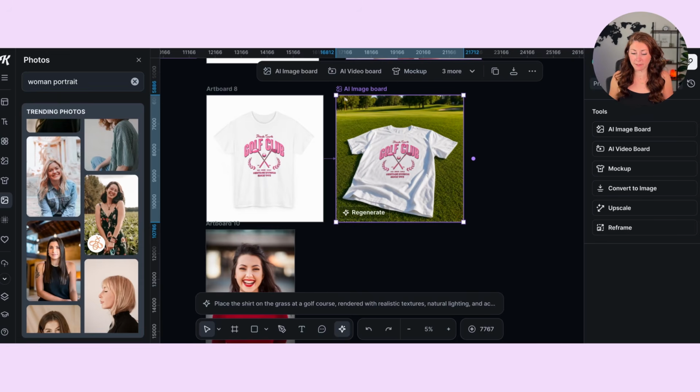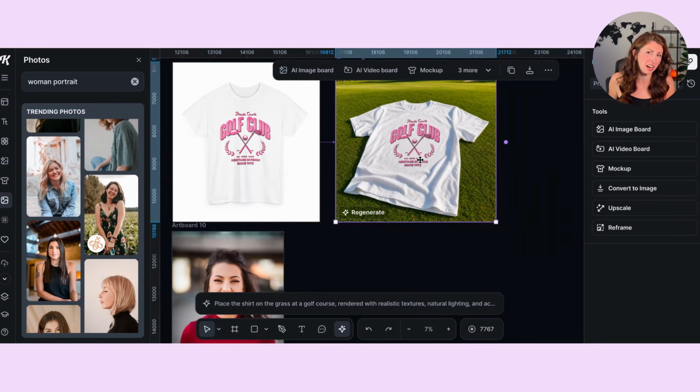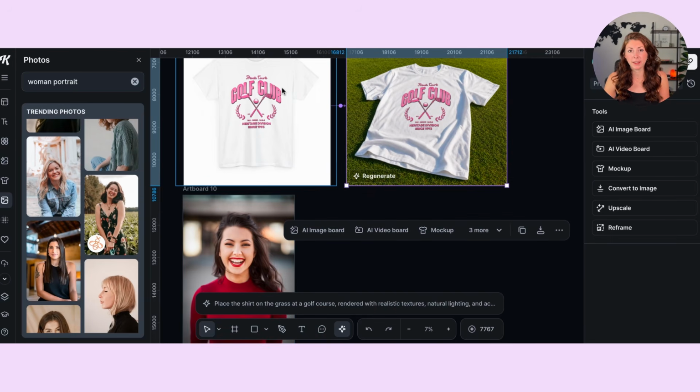And then you can get different designs like this. You can get more specific. You can play with design. And if you don't like the result, you can just hit regenerate. This one I probably would. It's not exactly straight, but the better option that I find is using the double artboard method to have a